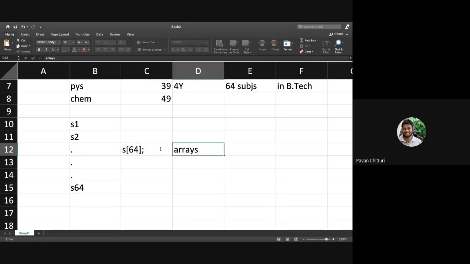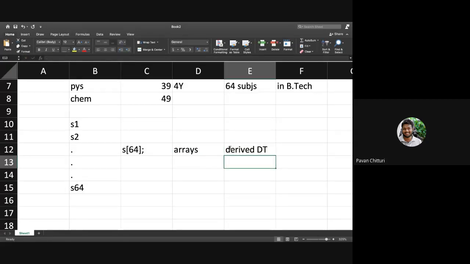That is why we are using arrays. This is the first derived data type that we are using, which is also called a data structure. Because this data structure has its own way of data manipulation procedures. You want to manipulate data in that particular data structure. It has its own mechanism, like